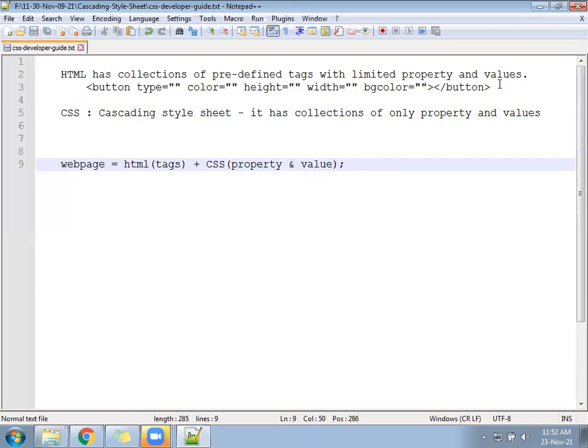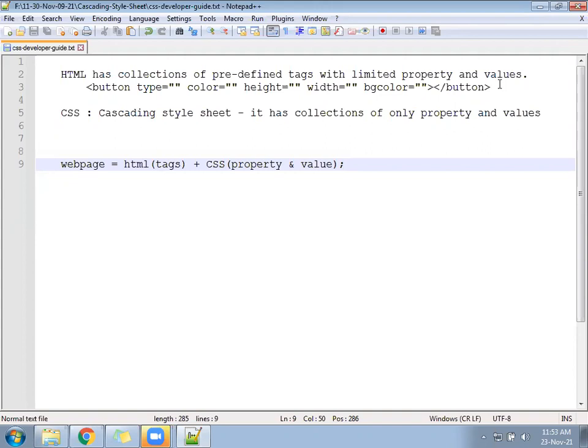CSS says, I don't have tag, no problem, let it be. HTML says, I don't have property, no problem, let it be. You have tag and he has property and value. So we'll take the tag from HTML and property and value from the CSS, combine together and deliver the output. Then, will CSS work without HTML or not? There is no place to work.